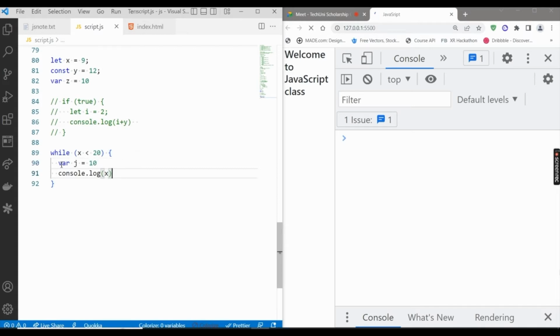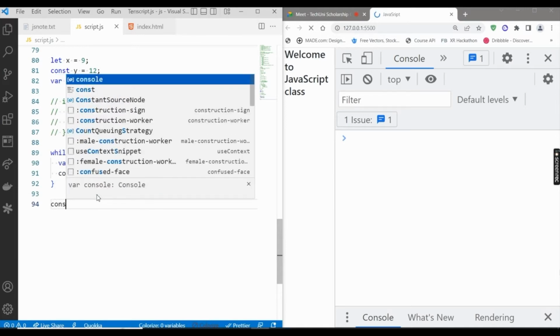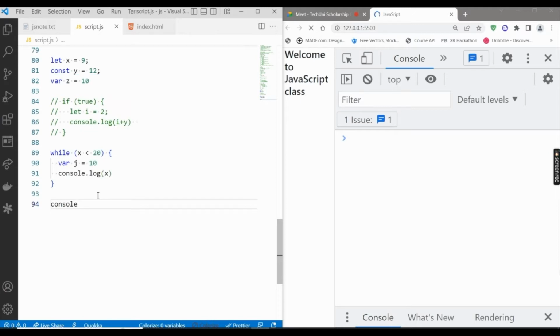Now me using var here, it will make it a global scope, but I ought to access this j only in this block. But making use of var, it will make it a global scope in such a way that if I try to console.log j here,